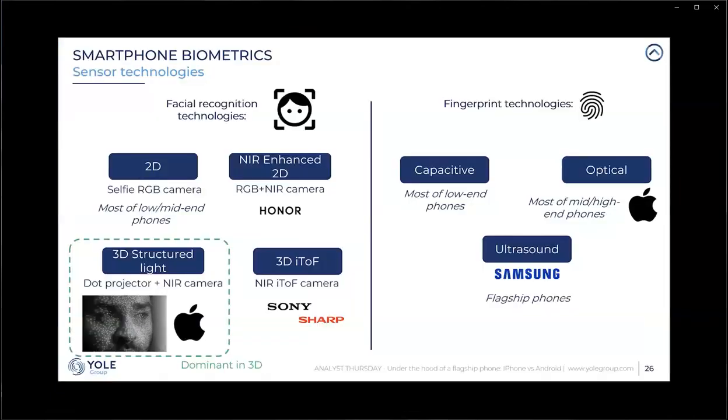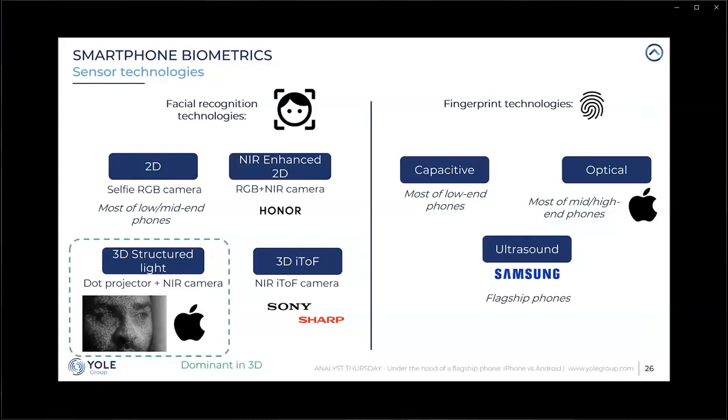Meanwhile, between 2017 and 2020, we saw a higher penetration of fingerprint technologies in the Android phones, but not anymore based on capacitive technology, but more on optical technologies that allowed to integrate the fingerprint sensors under the display. So here is a brief description of both technologies, the facial recognition technology and the fingerprint technologies.